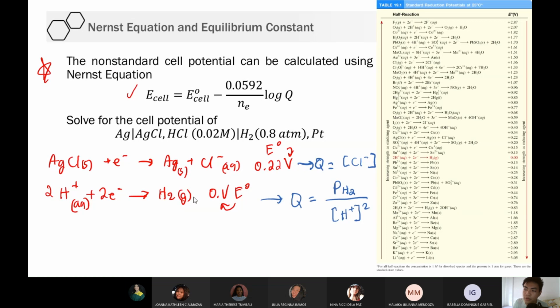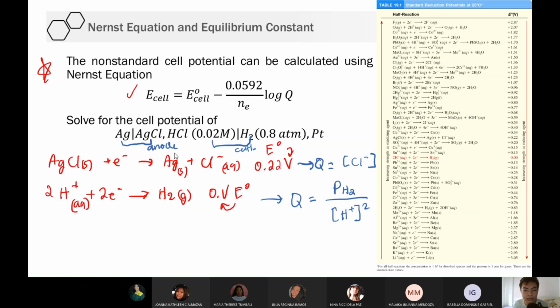Okay, so again, pag electrochem, pinagsasama na yung pressure and concentration. 'Di ba sa equilibrium hindi ganoon? Split 'yun eh, magkaiwalay 'yun. But this time sa electrochem pinagsasama na sila. So ito yung kanilang corresponding Q. So you just plug it here. You plug in the E0 cell and then makukuha mo na yung E cell na ito, pati E cell na ito. Based on the equation, yung Ag/AgCl, ito yung anode. Kasi siya yung nasa left side and yung nasa right side, ito yung cathode. So, ganun. Always yung nasa left, yung anode, and yung nasa right, yung cathode.